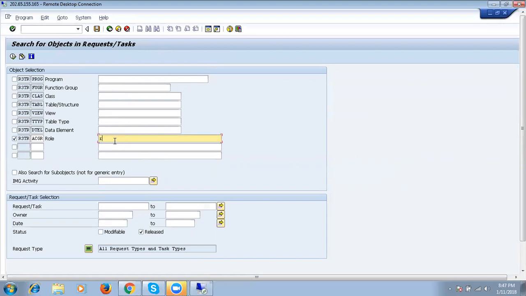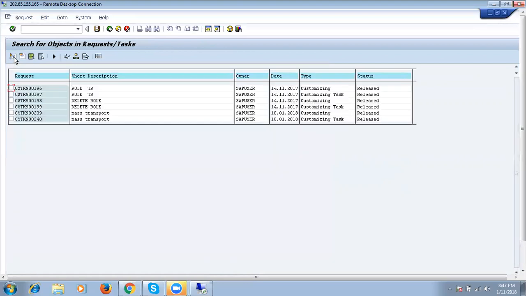Say for example, if we give a role name, role_1, and execute, see,